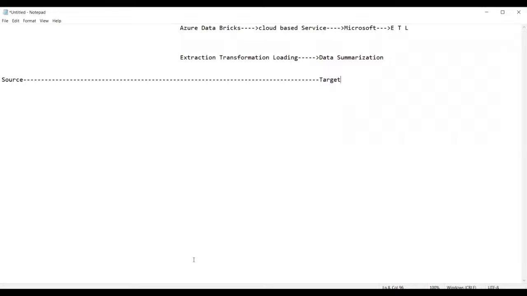So now, guys, when it comes to the source, what do you mean by source? What is the source of income? The place from where we get the money is called a source of income. In the same way, the place from where you get the data is called the source of data.